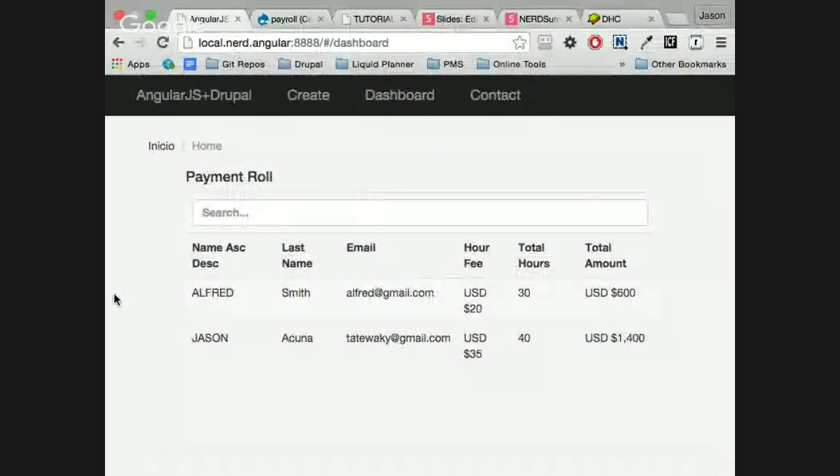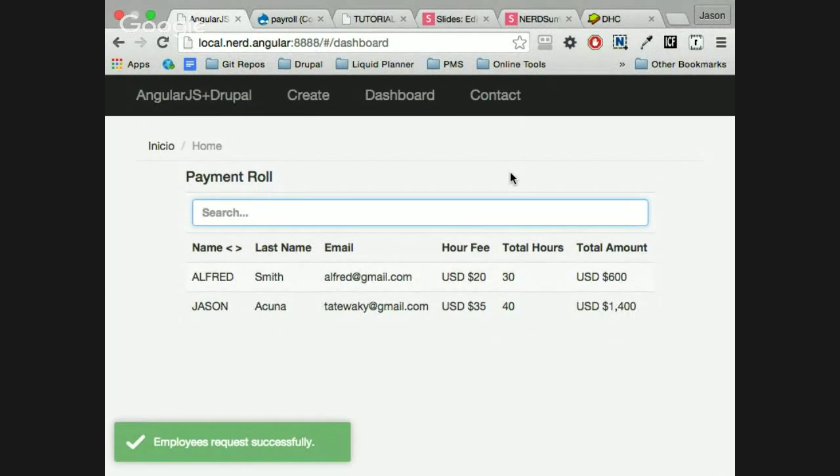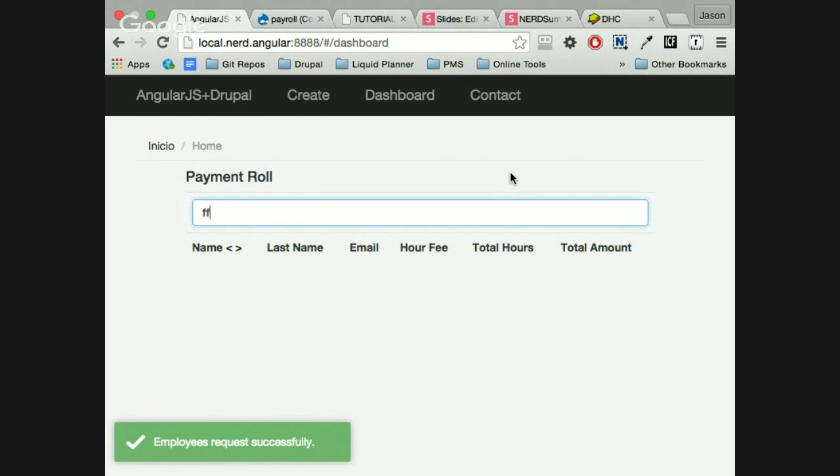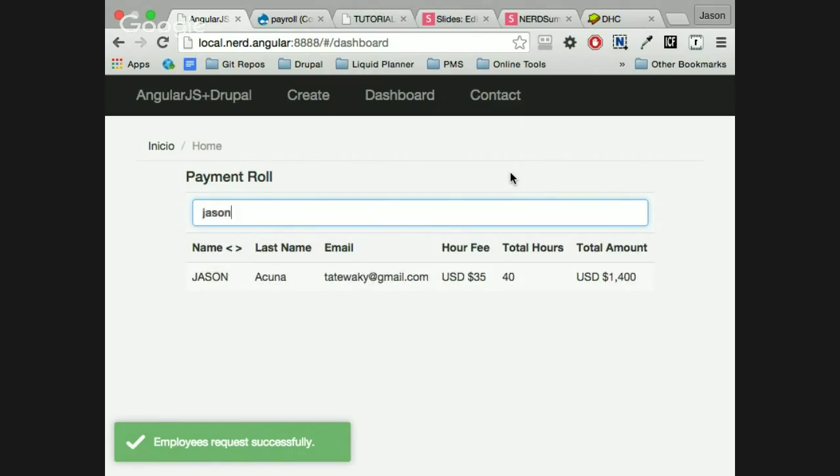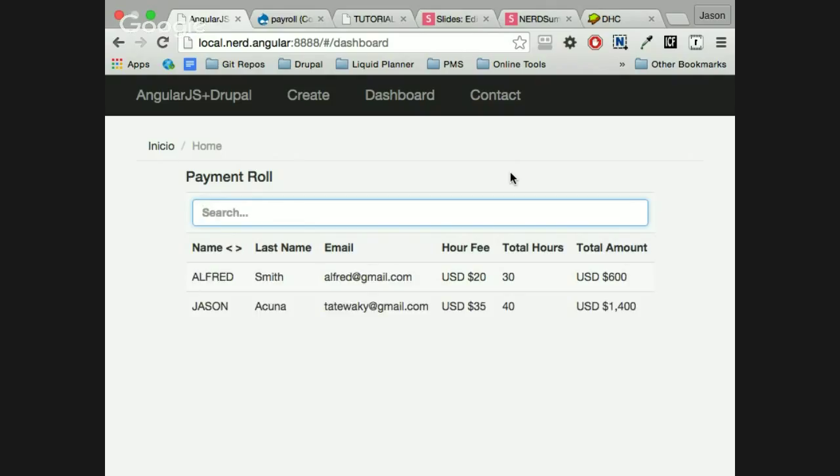So if I go there and search Jason, okay, Ori, no, that's not included. Oh yeah, it is. So I didn't do much. I just created the controller and I said sort by anything that we put and use these fields. And I told the service view to provide the data the way I need it.